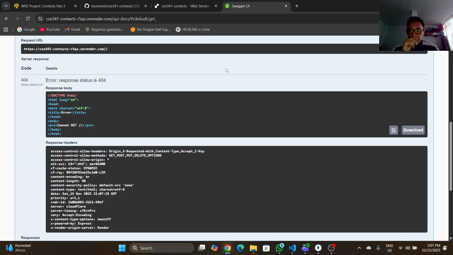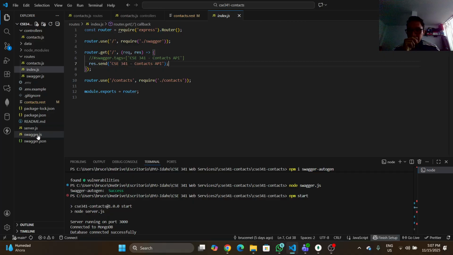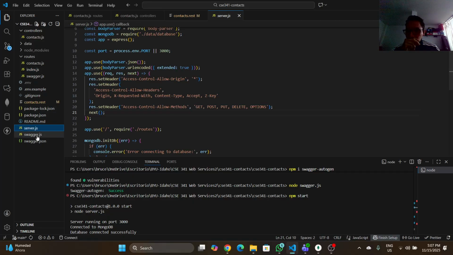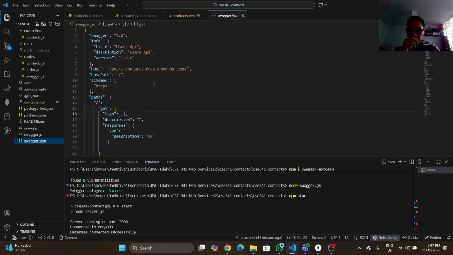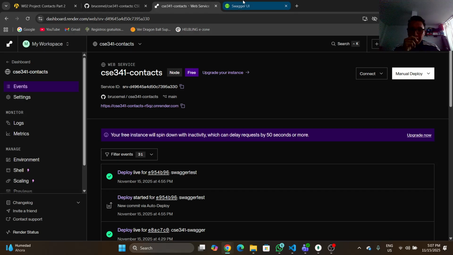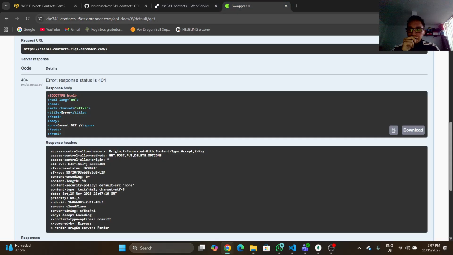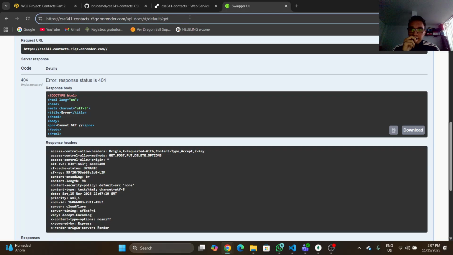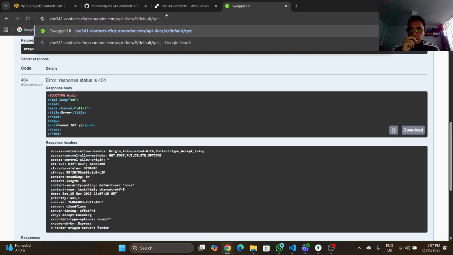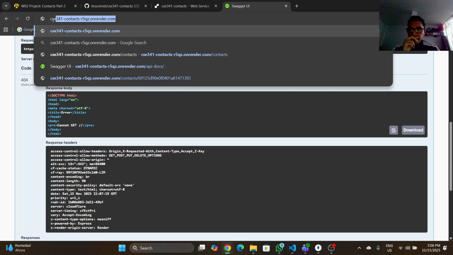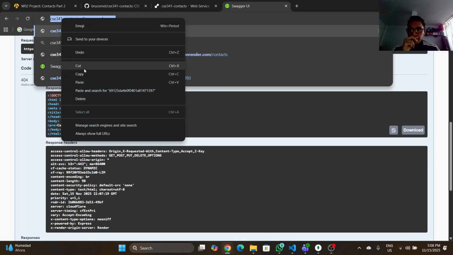It says cannot GET, and this is because here in our JSON, we need to copy all this link, but we need to delete some parts when we copy it to paste in our